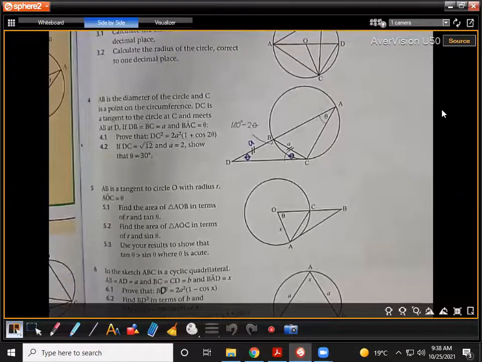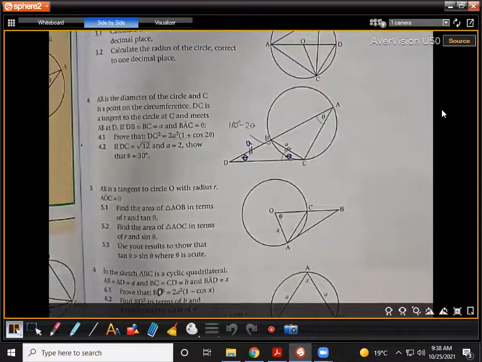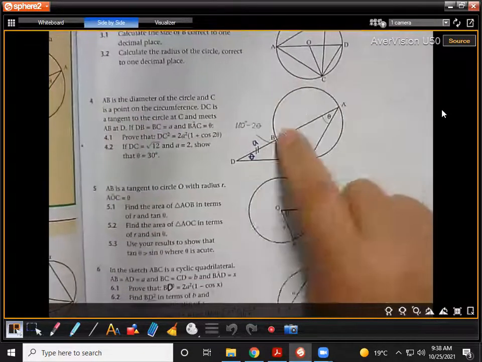This question, please, we have to carry on with functions as well. Okay, so number 4, they told us that AB is the diameter of the circle, but